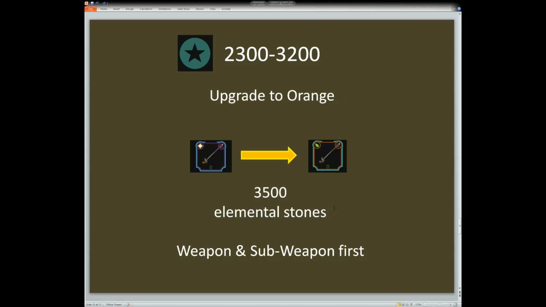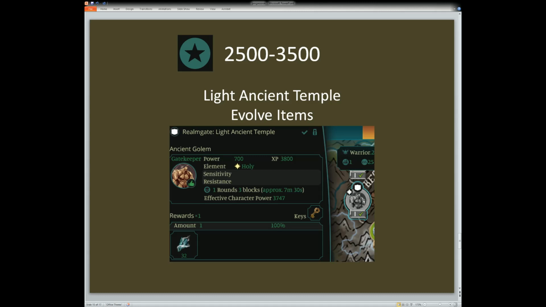The next step is to get our equipment up to level 15 or upgrade it to orange. To go from purple to orange, it takes 3,500 elemental stones. Try to focus on your weapon and your sub-weapon first. They'll give you a bigger boost in power than your other items. Then, now that you're up around 2,500 power, and you've got a bunch of orange slots,